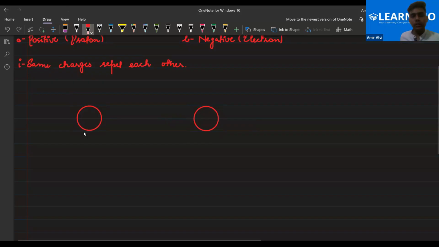So this involves the electric field. Electric field means that if a charge is there, there will be a field around it. Suppose that there is a heater in the room. What you will observe is that you will experience some heat in the room, right? So it means that some heat area is generated due to the heater when it is switched on, right? Everyone, yes or no? A normal electric heater, okay?